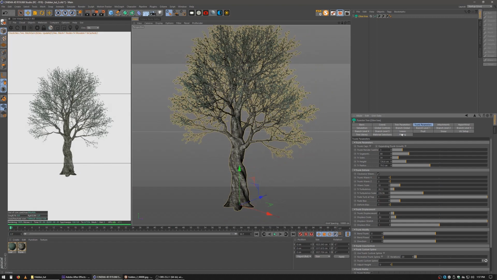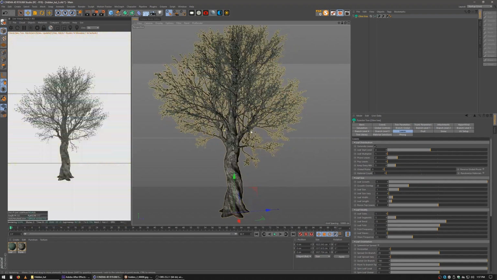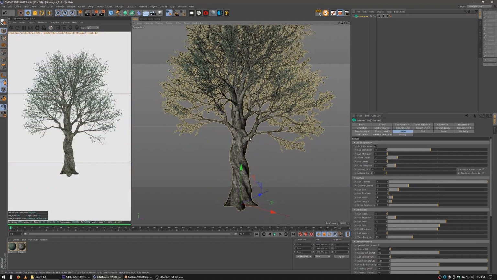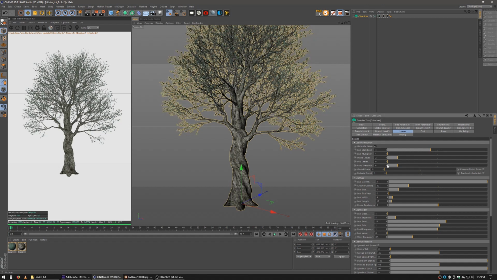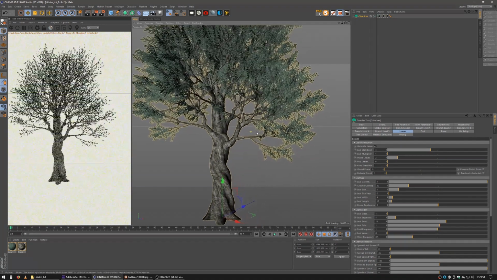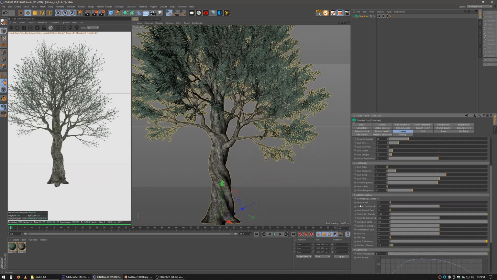And then we'll go into the leaves, and we can see that the leaves here look a little sparse, so we're just going to fill that out. We're going to reduce this, keep every nth down to 0 or to 1, and you can see they're looking kind of too uniform, so we can fix that by changing some of these settings: the spread on branch,